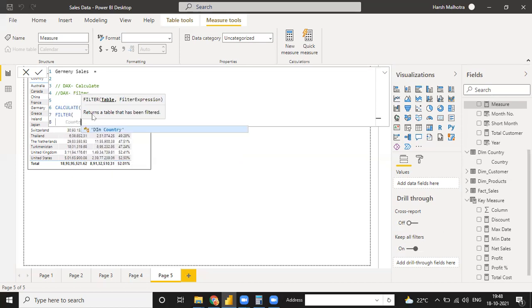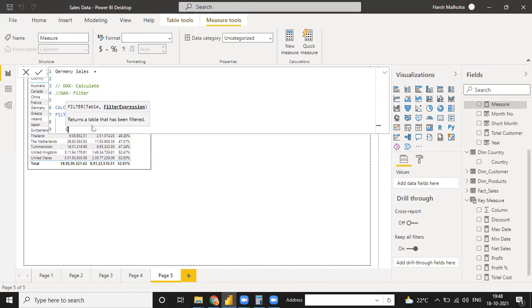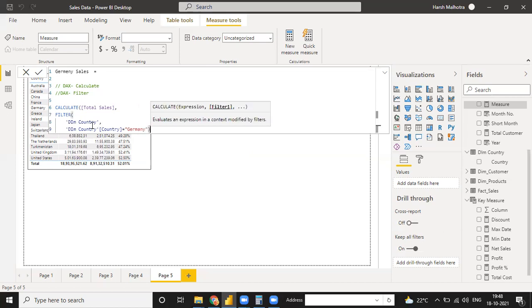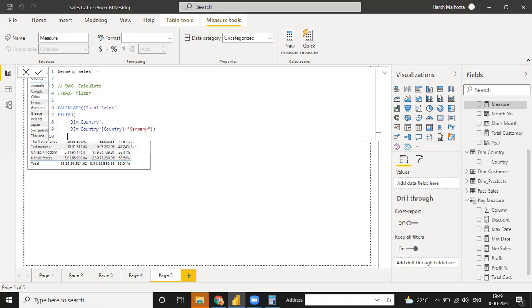Suppose you need a country filter, so you can select the country table, and in this you have a country column. You can select the country column, and for this column you need just Germany data. Just put Enter, and it will give you the value of Germany sales.